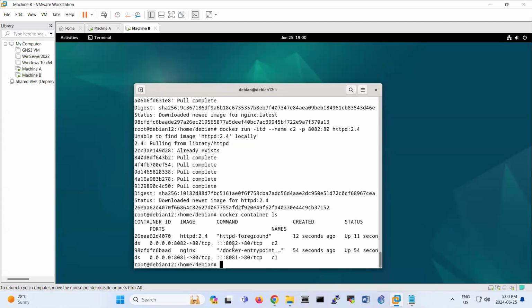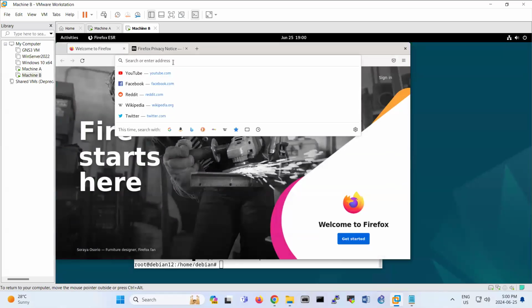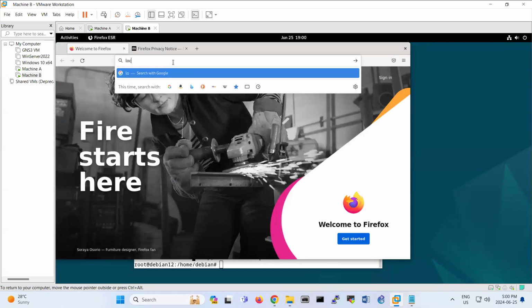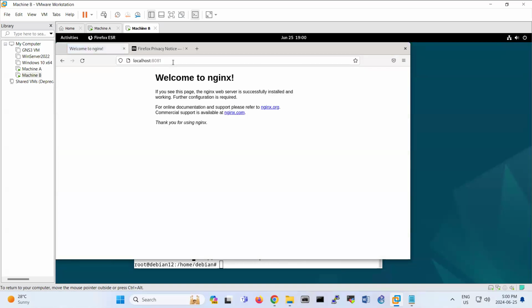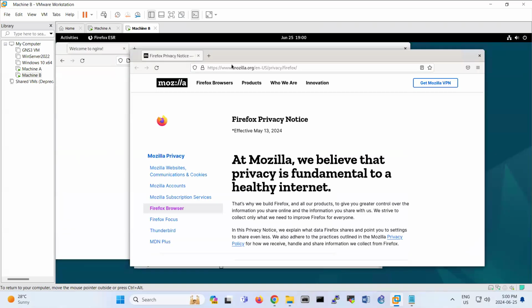ls, look, we have two containers. One of them is Apache, the other one is Nginx. So if you open the browser, remember that we had the issue installing Nginx and Apache on a single operating system. Now 8081 should be Nginx, and if you put here